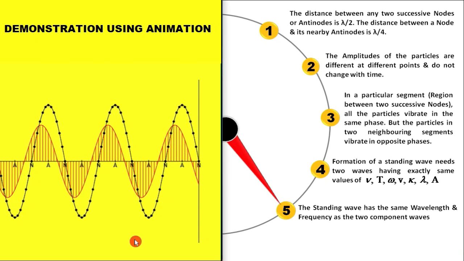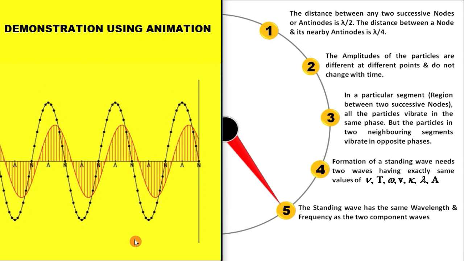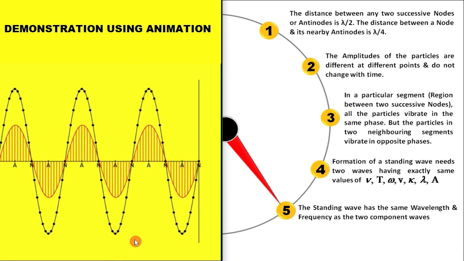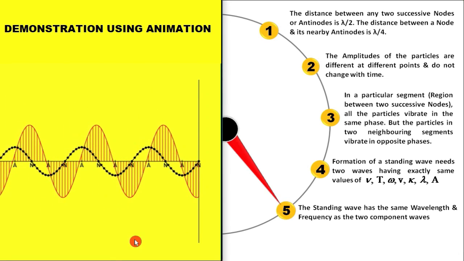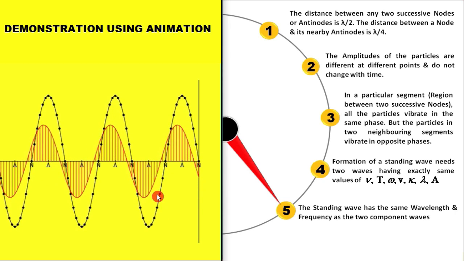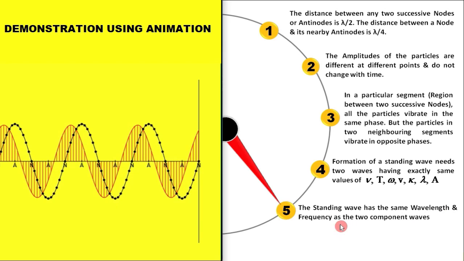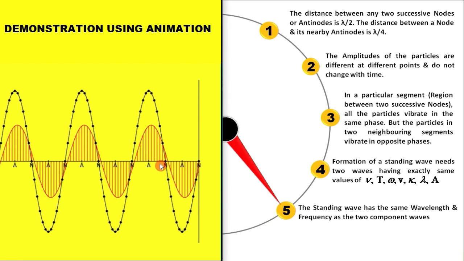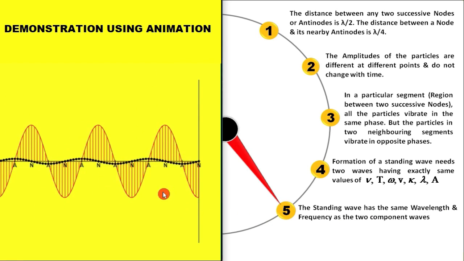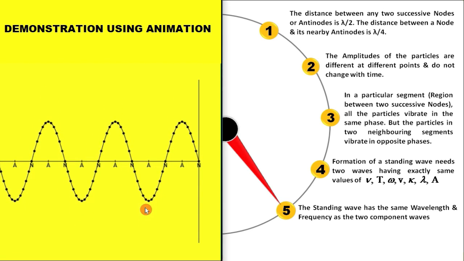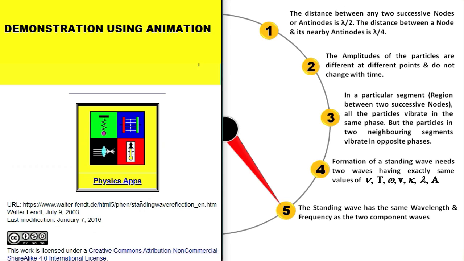You can see these two waves. This red one is the incident wave. I am not showing the blue one, the reflected wave, here. I am only showing the incident and the standing wave. You can check the wavelength and the frequency, not the amplitude. Amplitude is obviously changing, okay, but the wavelength and frequency we can also see if I pause at some point. Okay, if I pause somewhere.